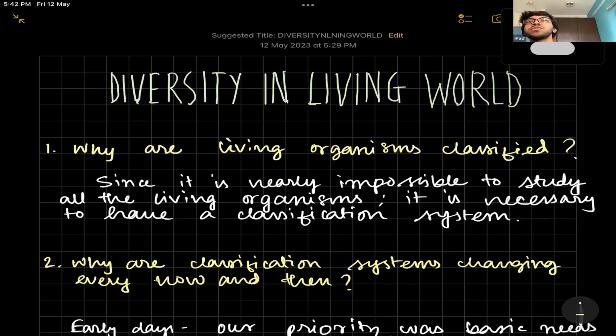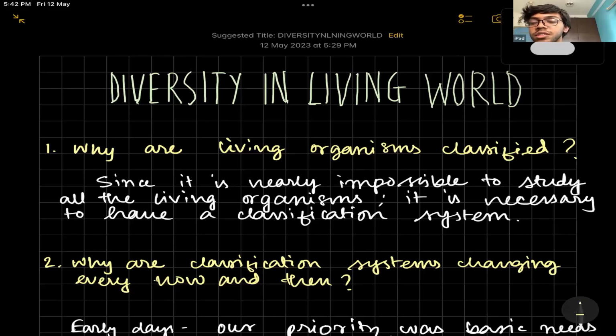So as humans, we have to classify things in order to understand them properly, to understand the functions of the world, and to understand the patterns. Humans actually look for patterns in everything. That's why this chapter deals with classification, nomenclature, identification, and several other aspects of classification. So let's start solving the NCERT